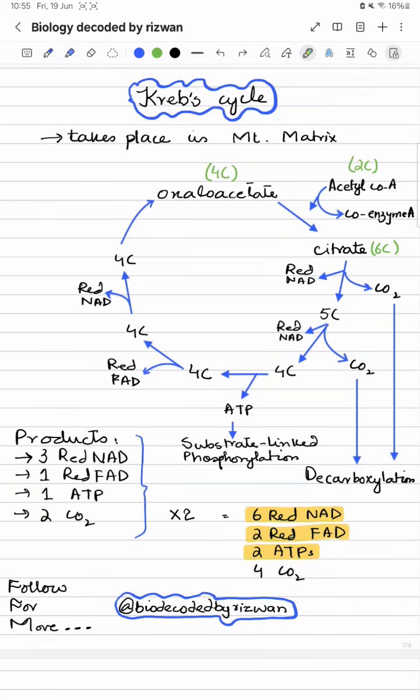Now let's look at the products. So the products per pyruvate molecule is 3 reduced NADs, 1 reduced FAD, 1 ATP, and 2 molecules of carbon dioxide. Now here carbon dioxide acts